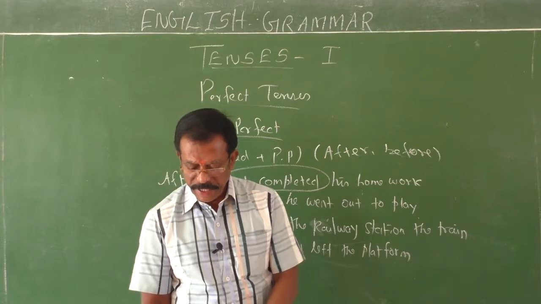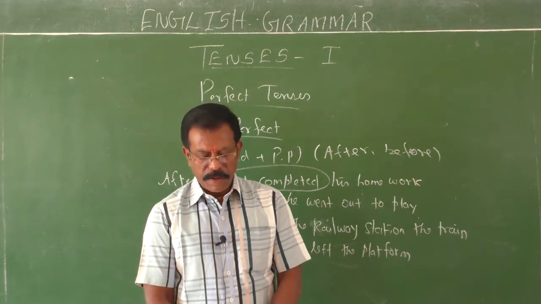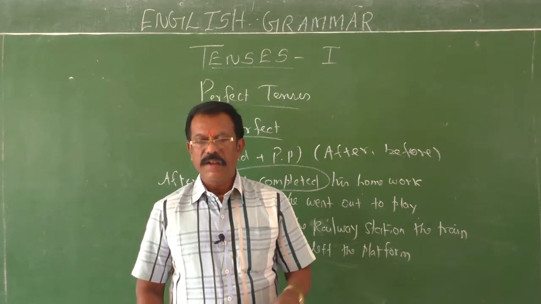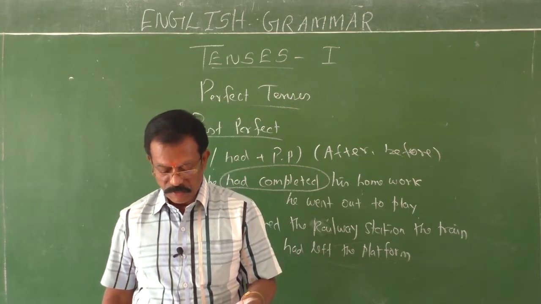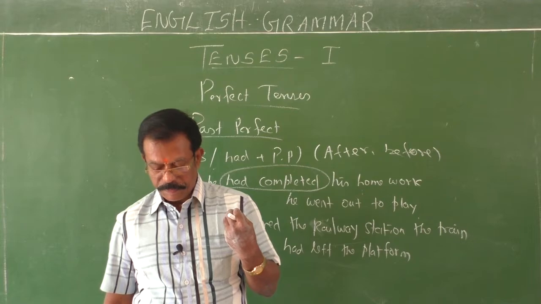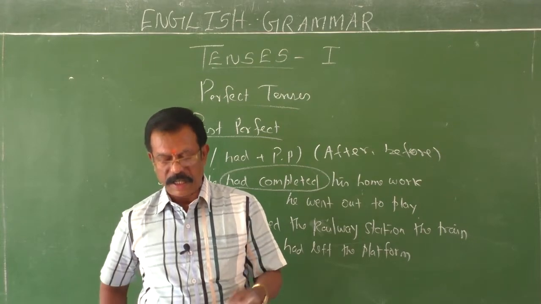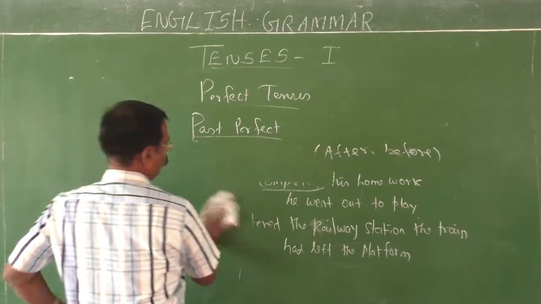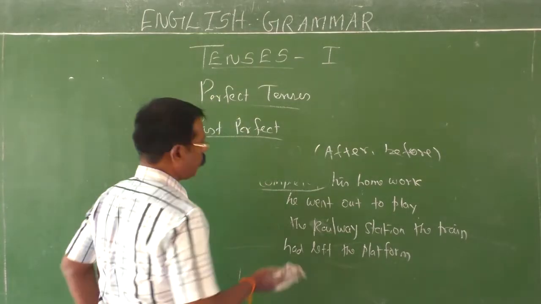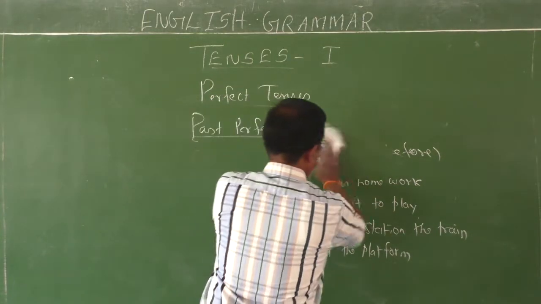So we have to use past perfect tense for the first completed actions. The key words are after, before, by the time. She needed help because someone had stolen her car. For example, another example. See, I'll give you one more example which will help you to understand this concept well.